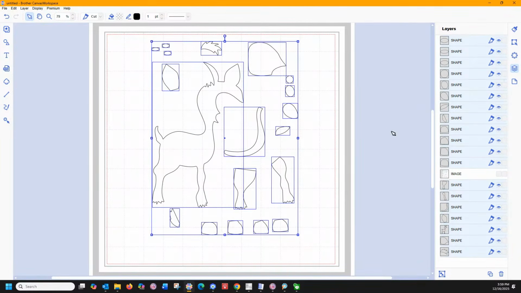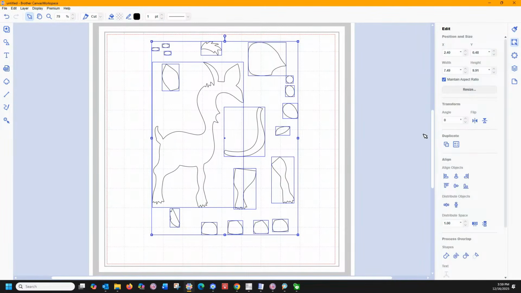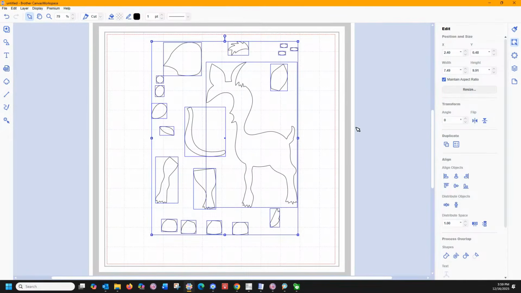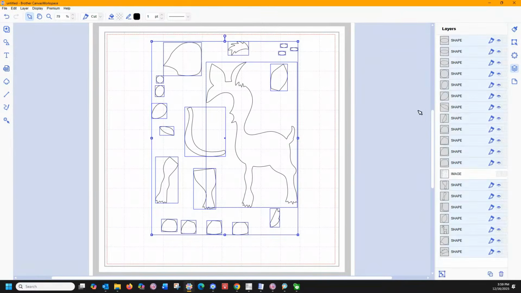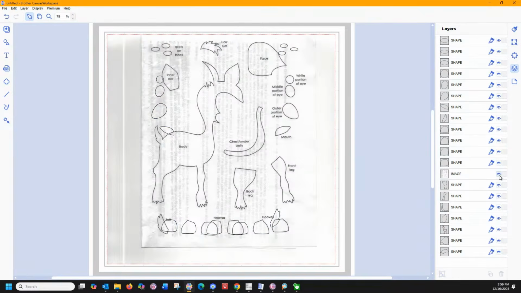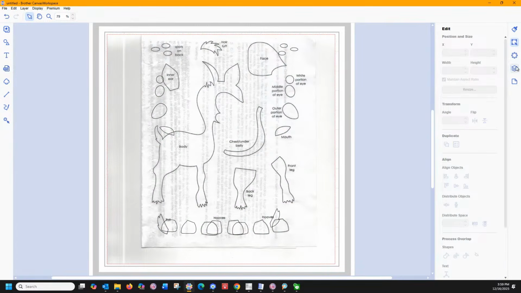Well, in order for it to look like the real thing, unless I were cutting this out of heat transfer vinyl, I need to mirror the whole kit and caboodle. Okay, so I flipped it. Now let's go flip the image as well. Since I have it hidden, it didn't flip. So let's come back and grab it and